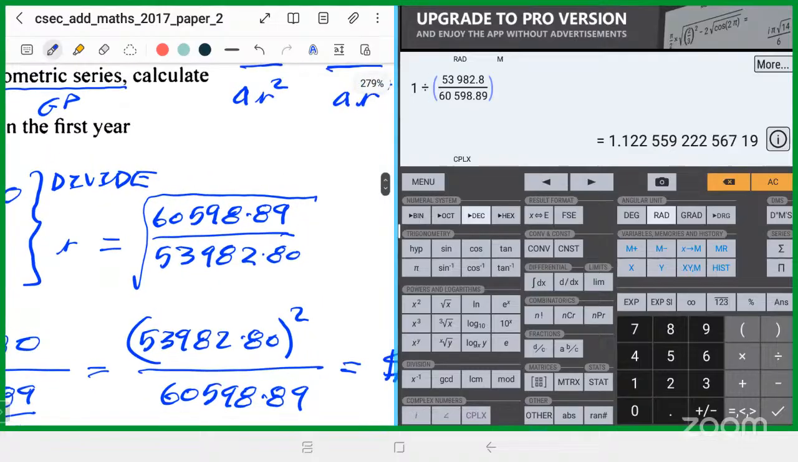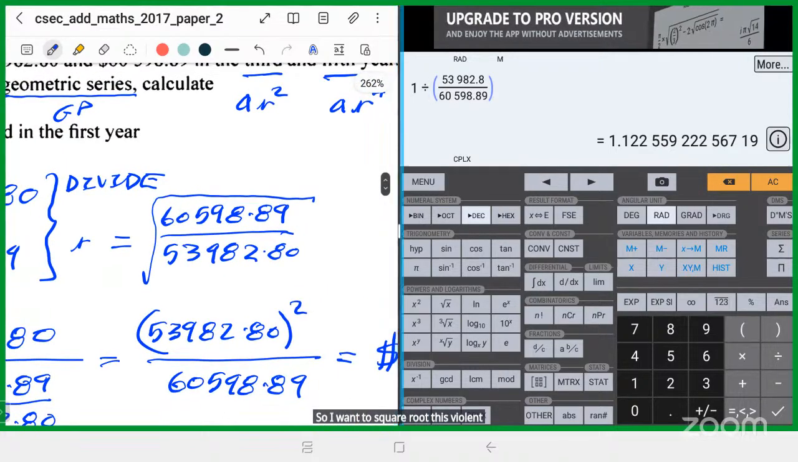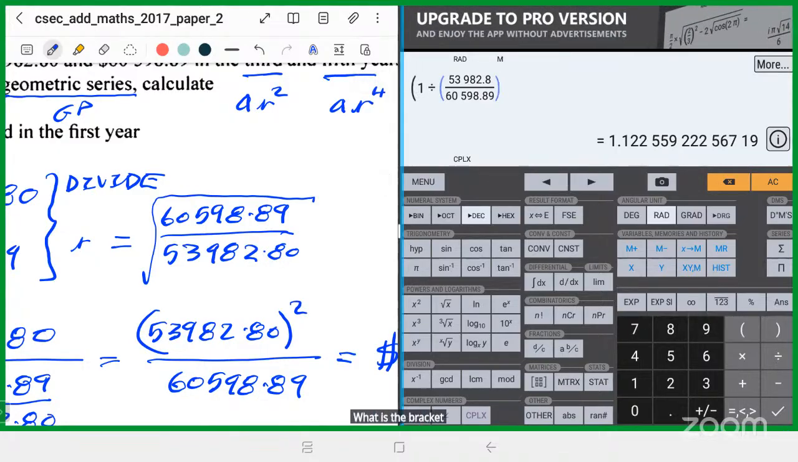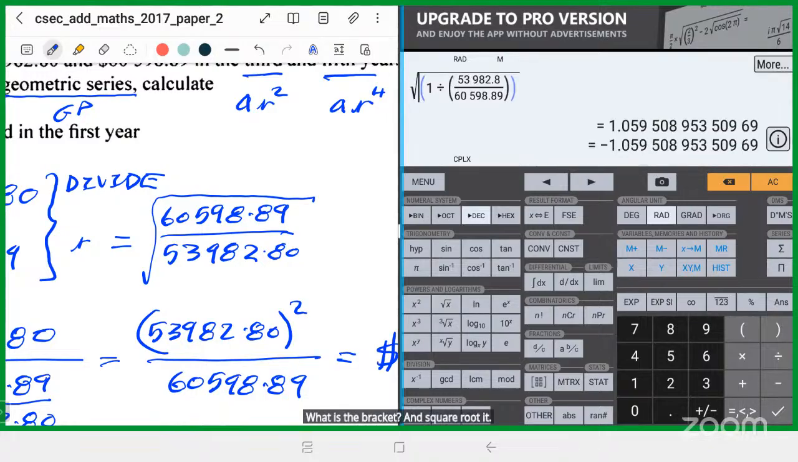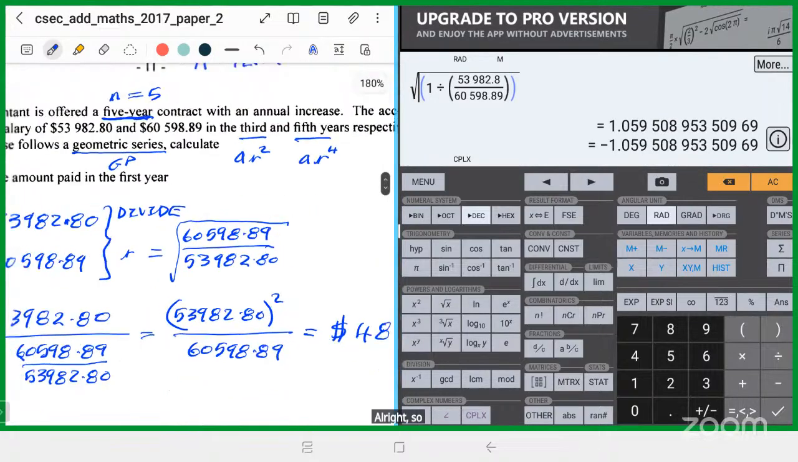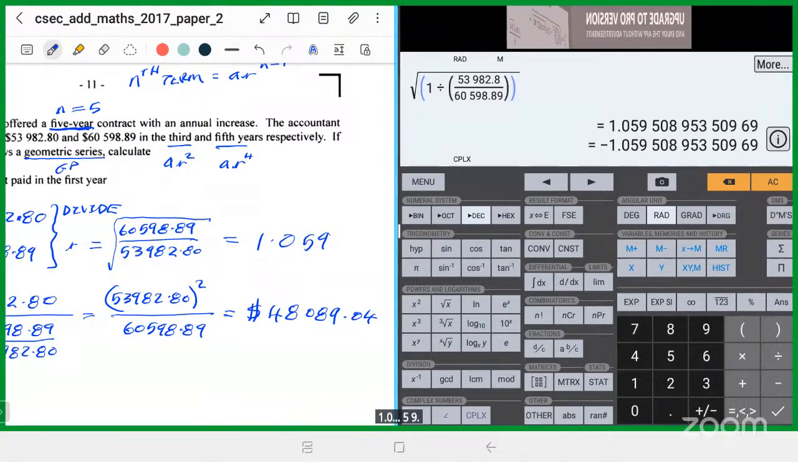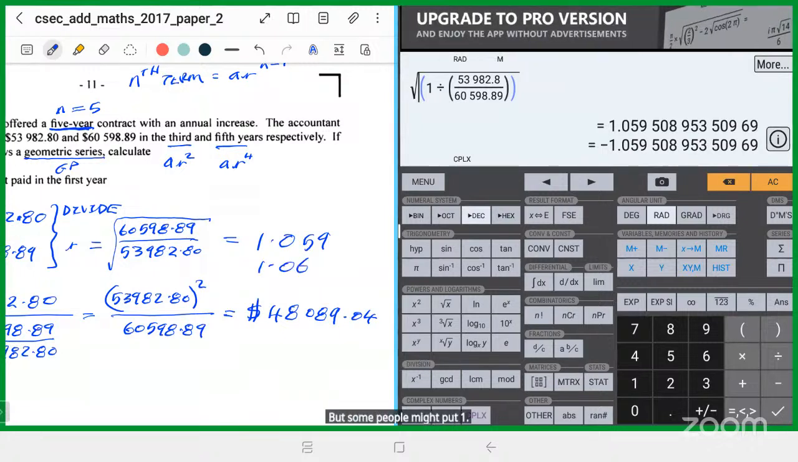So I'm going to square root this value now. Don't put the square root over this. Put this in a bracket and square root it. So r in this case will be 1.059, or some people might put 1.06. So let's put 1.06